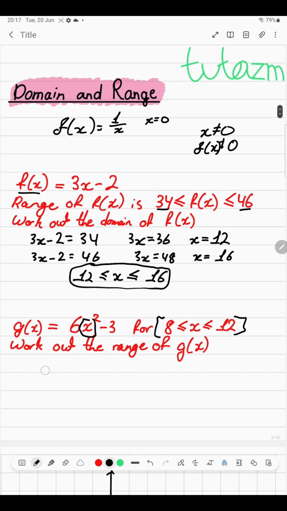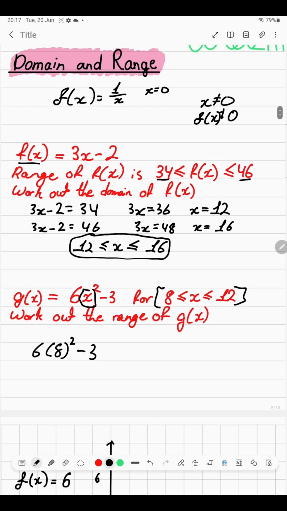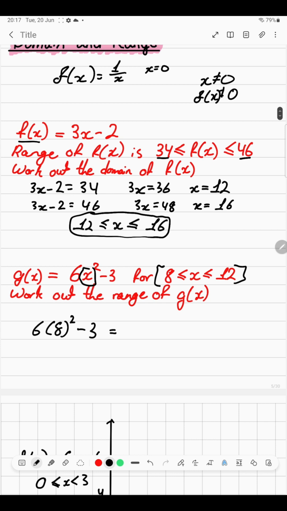So it would be 6 times 8 squared minus 3 equals, and you put that into your calculator because tomorrow is a calculator paper, so you'll be able to use your calculators for this, and that would be 381, and then 6 lots of 12 squared minus 3 would give you